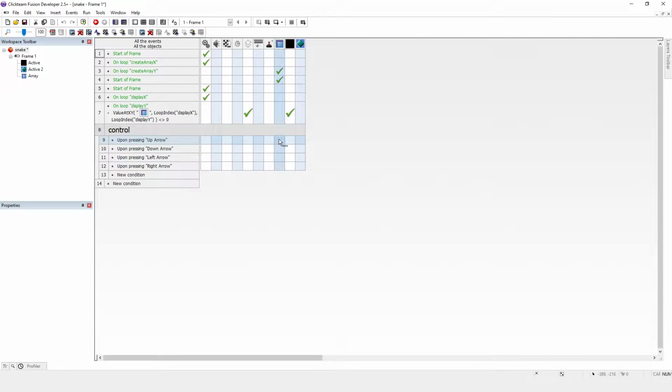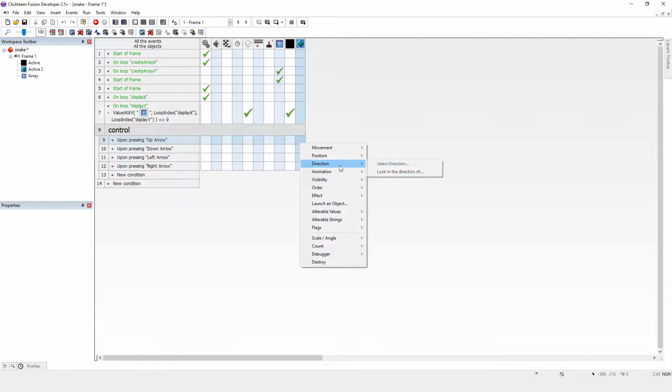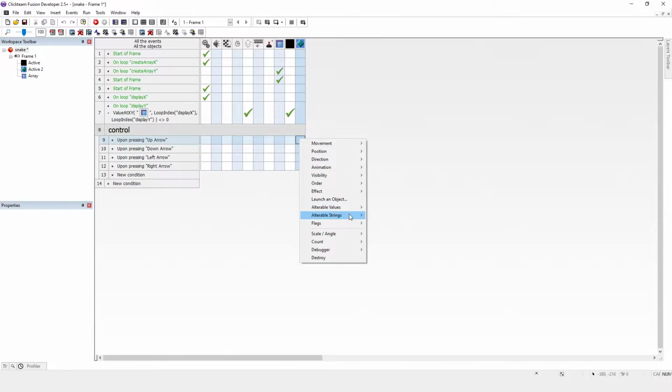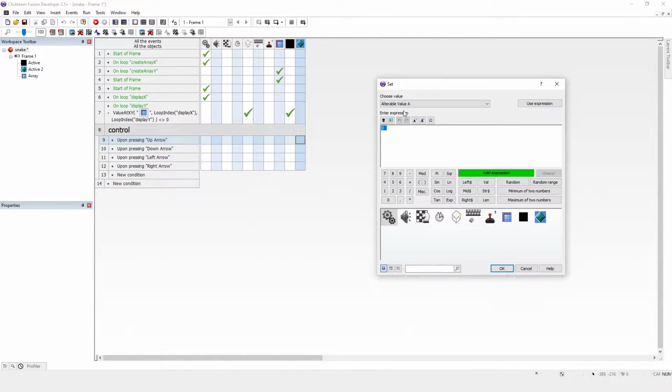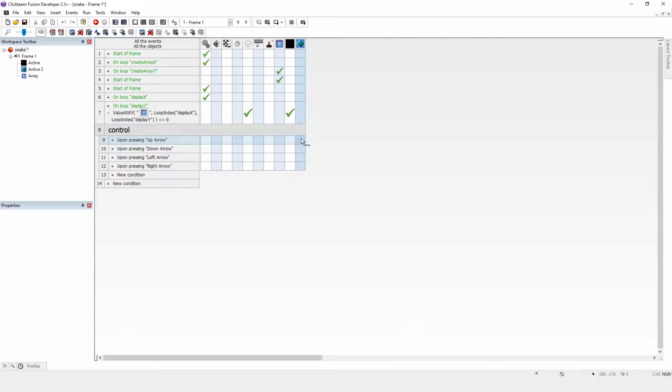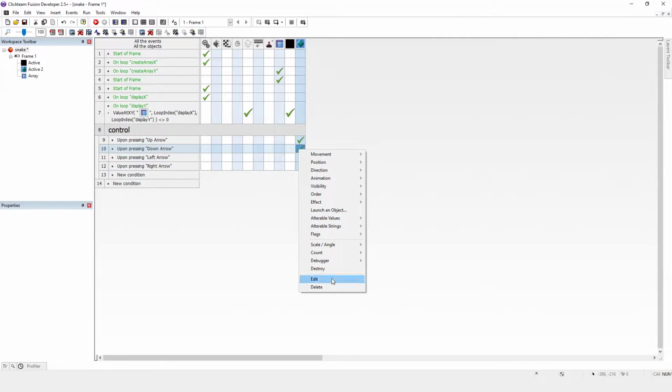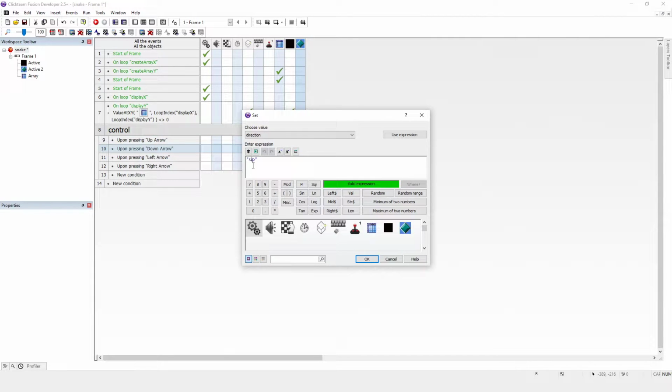Okay, so if up is pressed, then direction is going to... Oh, not direction. Alterable value of... It's alterable string. Alterable string. I normally do them as alterable values, but I'm not for this project. I don't know why. Is up, that's going to be down,